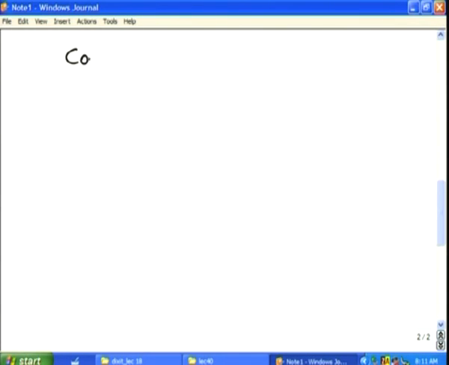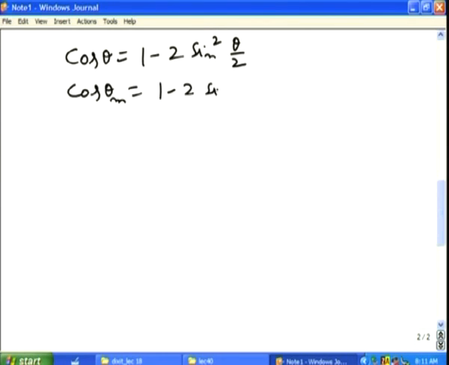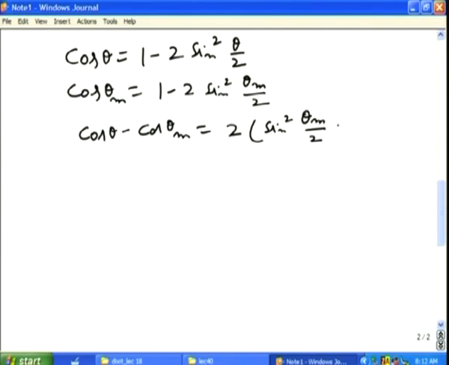Now cos theta can be written as 1 minus 2 sin square theta by 2. Similarly, cos theta m is equal to 1 minus 2 sin square theta m by 2. Therefore, cos theta minus cos theta m actually becomes 2 (sin square theta m by 2 minus sin square theta by 2). So now you have got the expression